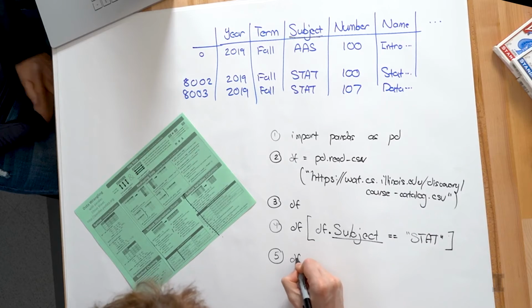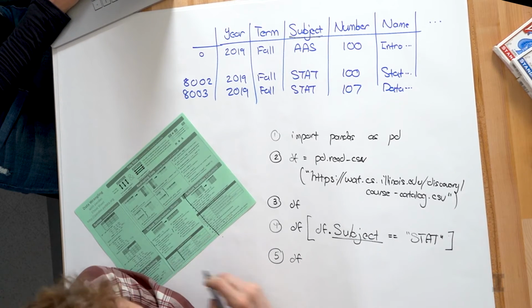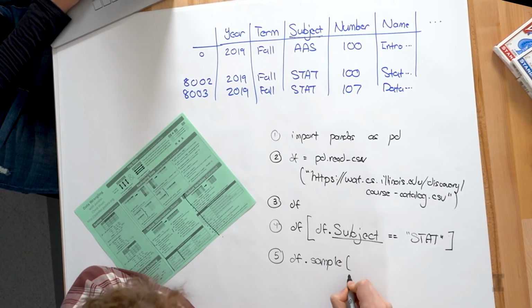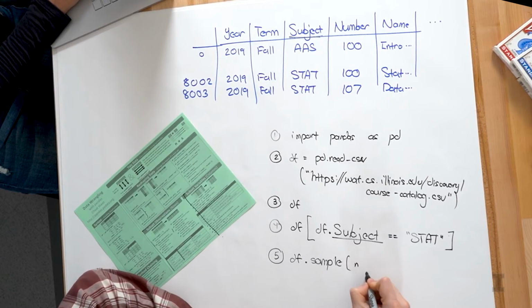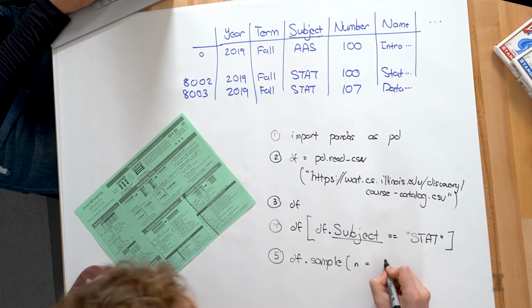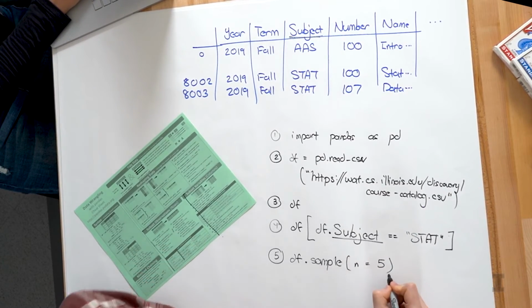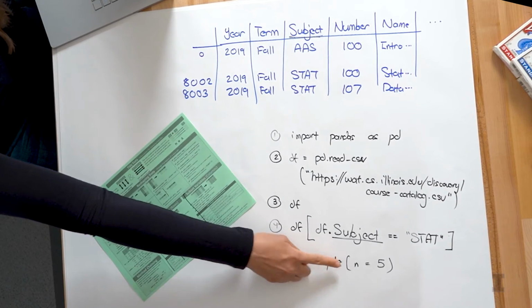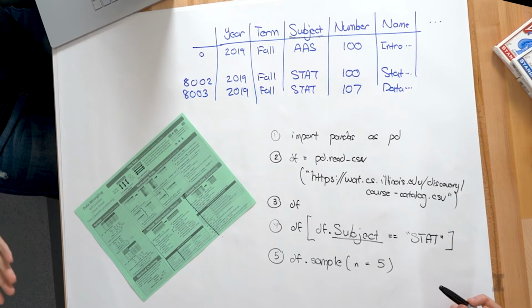Maybe it's a blow off semester at the end of your senior year and you want to take 5 random courses. So Carly mentioned 5 courses. So we'll look at this data set, this df again. And following the syntax, it's df. We're asking from this df, we want a sample from this data set, df.sample. And in parentheses, we're going to say the number of samples we want, n, is equal to 5. So we want 5 samples from this data frame. And I really like that you guys use n as well, because in statistics, you'll often see n represented as the sample size. So that makes perfect sense. If we run this line of code, we should only see 5 courses returned.